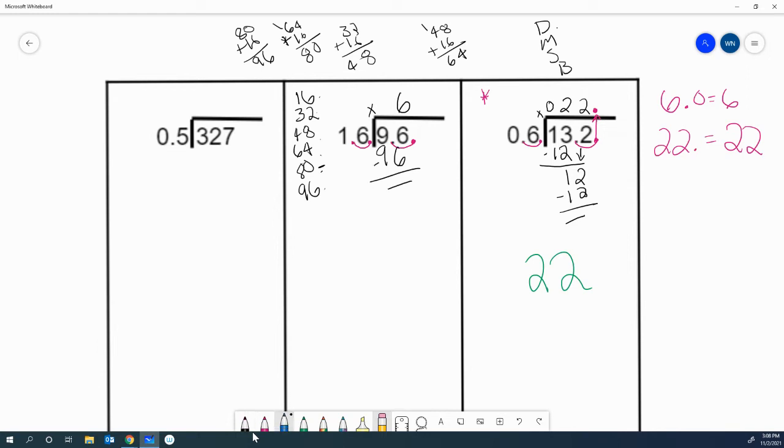Go ahead and let's take a look at that decimal. We're going to bring it straight up, and it's going to go right there. And our answer is 6. Now let's tackle the one over here,